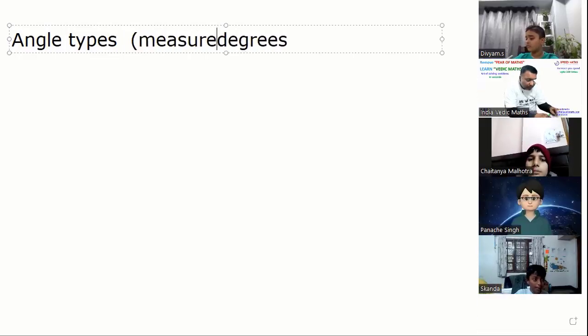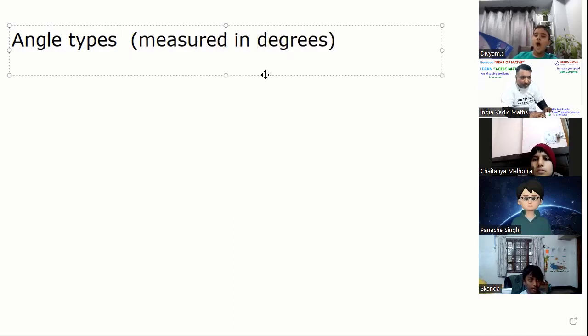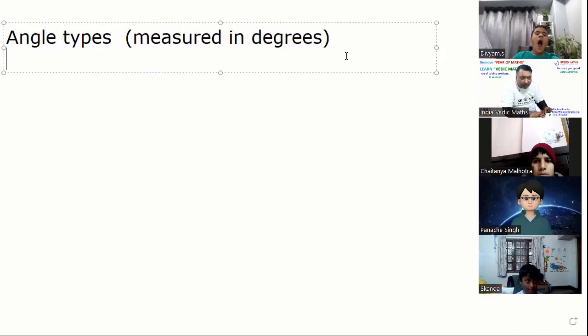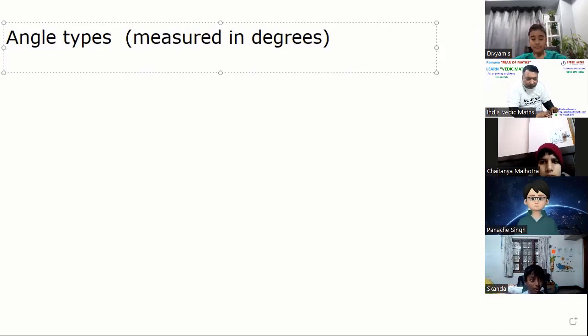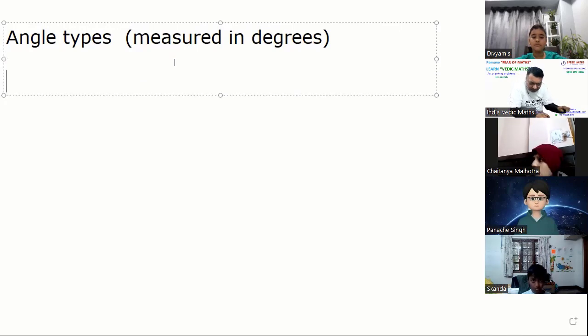So, for example, a 90-degree angle is mostly... One third, sir? One third of a triangle? Nah, I'll explain. Wait. Everybody look at the board, please. I'll explain everything. Guys, first wait for 5 minutes. Let me write all the angles, then you ask or express whatever you want. I'll give you a lot of chances. But first, let me write out all the angles.